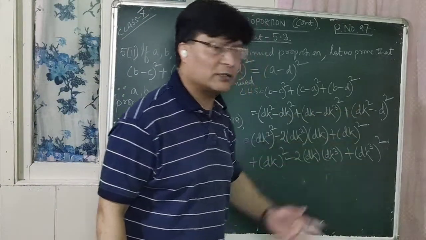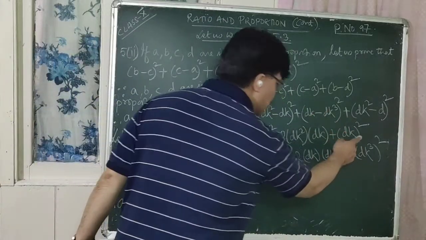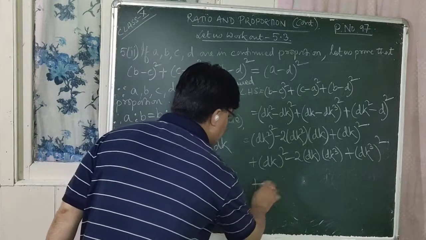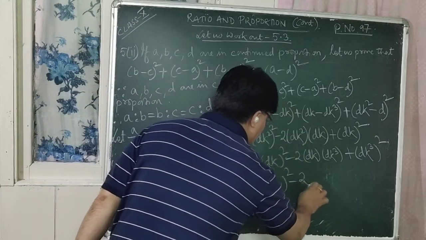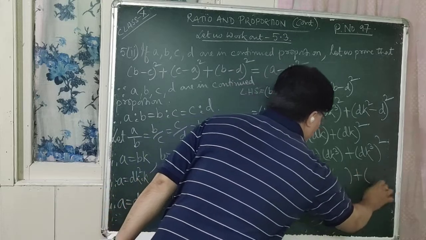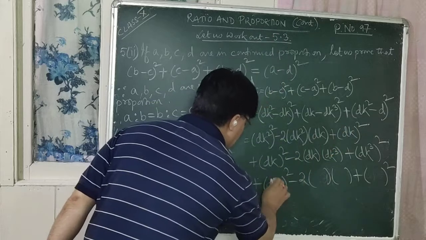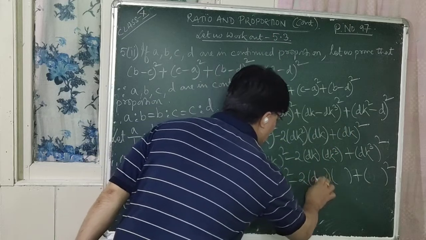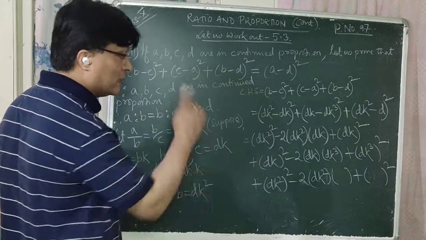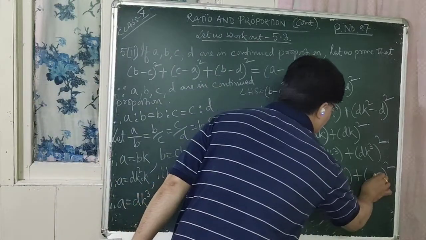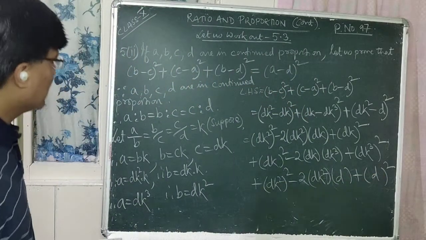Now for the third term also we can use the same formula, (a − b) whole square. Again, there is no space here, so let us write it in the next step. Plus, again, (a − b) whole square. What is the formula? a² − 2ab + b², right? So what is a in this case? dk². This is the place for a, dk². And what is the value for b here? It is d. This is the place for b, that is d. Is that clear? So let us simplify it now.